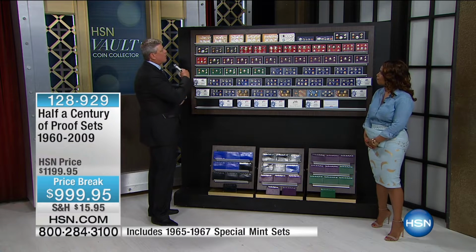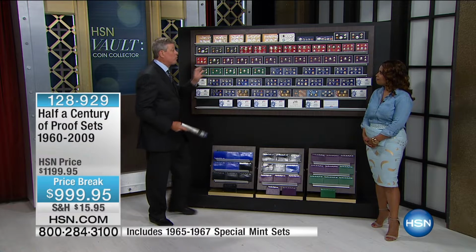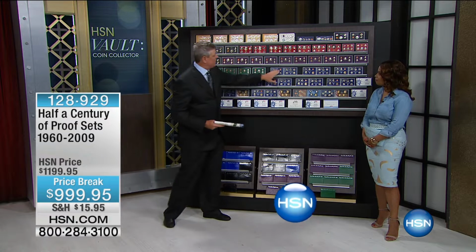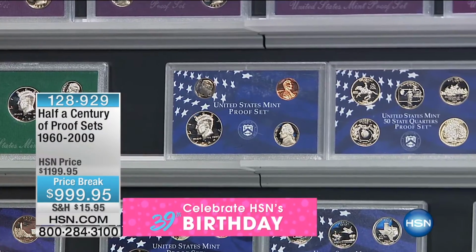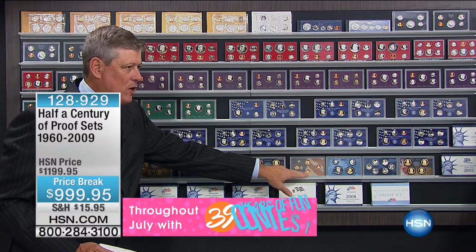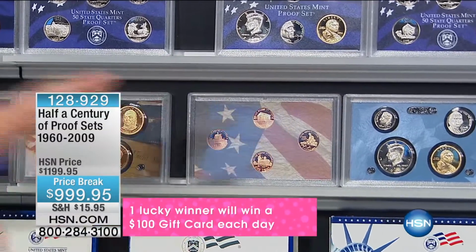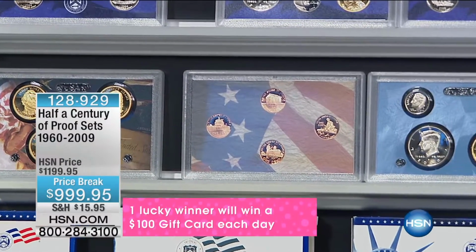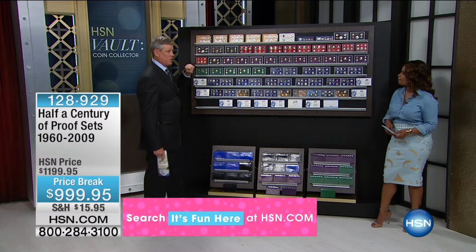There are very few coins in here that actually sell for only $3 a piece. Even the Lincoln cents in here sell for more than $3 a piece on average. The 2009s that you see down here, these are $13.50 a coin for the pennies. And that's where this gets interesting and collectible and desirable. Also, keep in mind where I start the collection,